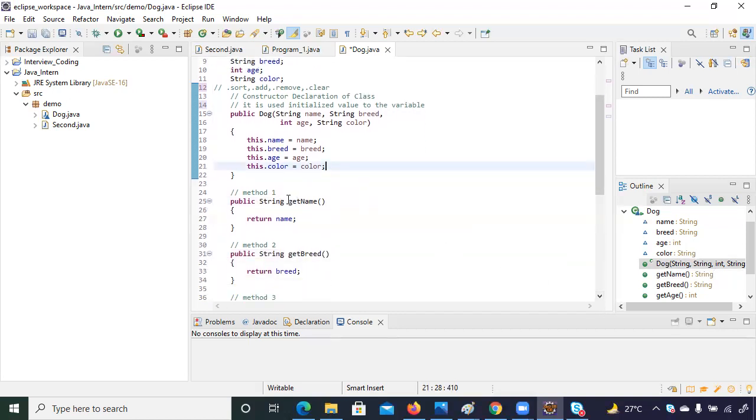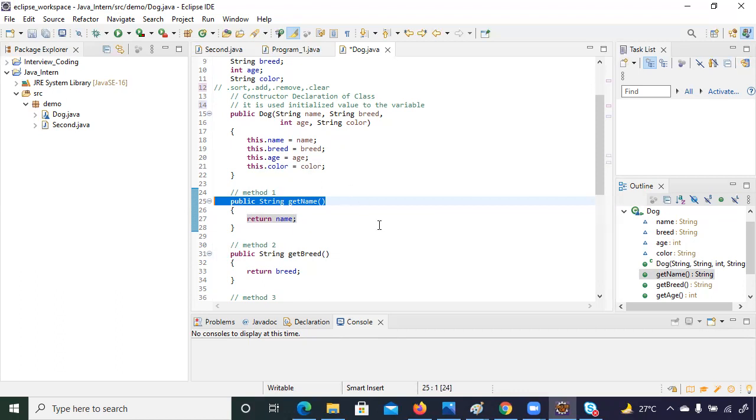Once you are done with this, we created one function, getName, that is completely user defined, that will print the name. Then this function will return the breed. What is the return keyword? We use the return keyword so that we can write the value of this particular variable name inside the RAM and take the flow of the program back to this function. I repeat once again, why do we use the return keyword? So that we can write down the value of the name variable inside the memory and take the flow of the program back to this function again.